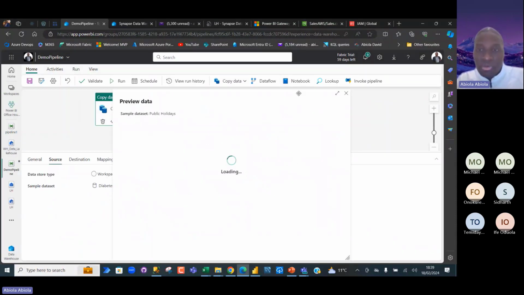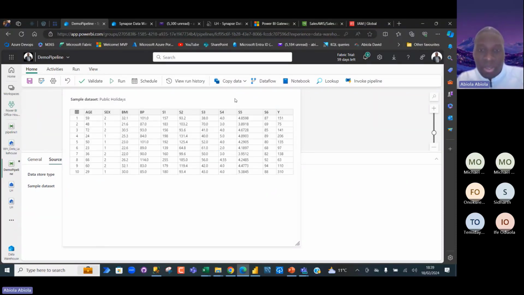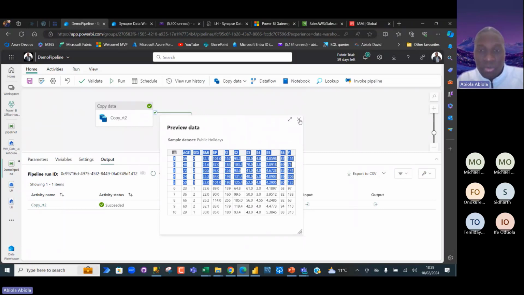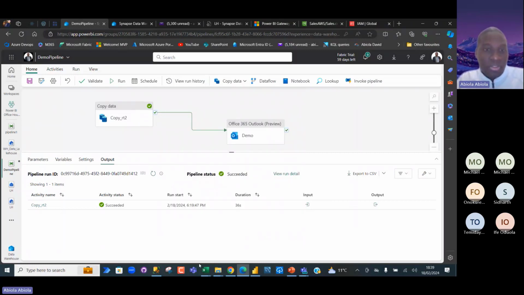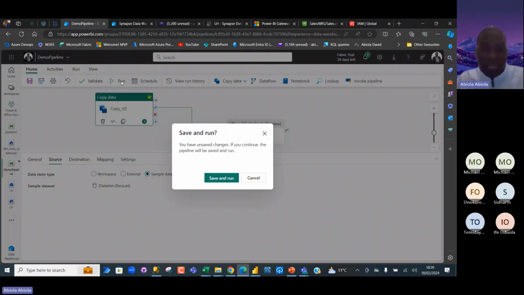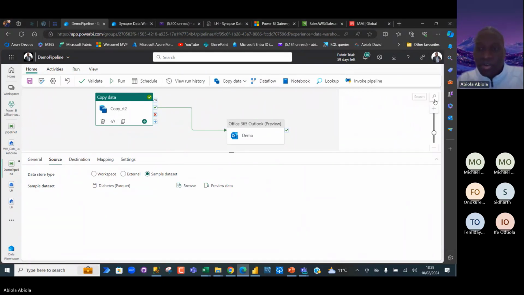Okay, so I can come here, just click outside. Let me just wait for this to come up. Okay, I'm going to close this. All right, so let me go ahead and run, save and run. Let's see. It's still telling me table validation. I think it's actually because I've already ingested the data. That's why it's complaining.